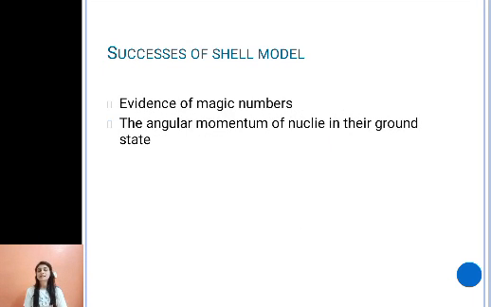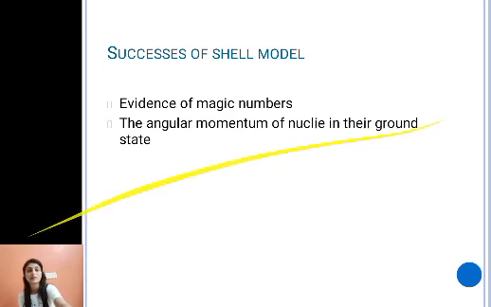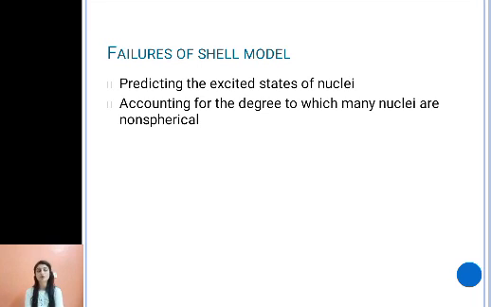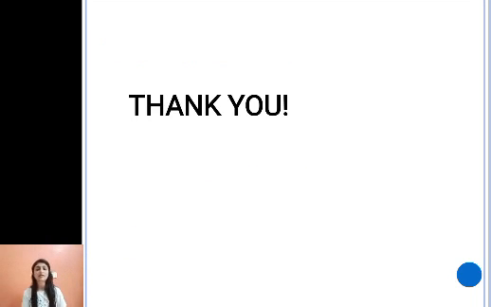So what is the success of the shell model? It gives the evidence of magic numbers, which the liquid drop model couldn't give, and the angular momentum of nuclei in their ground state. The failure of the shell model is that it cannot predict the excited states of nuclei, or account for the degree to which many nuclei are non-spherical. So this was just an introduction about the shell model and how it was developed. Later on, in the next lecture, we will also study what led to